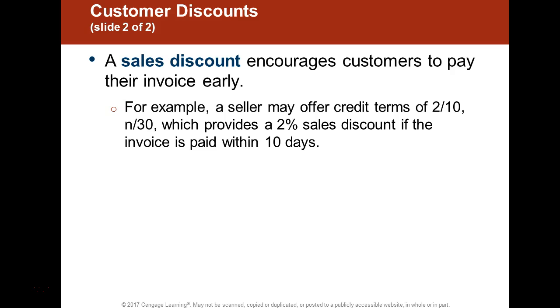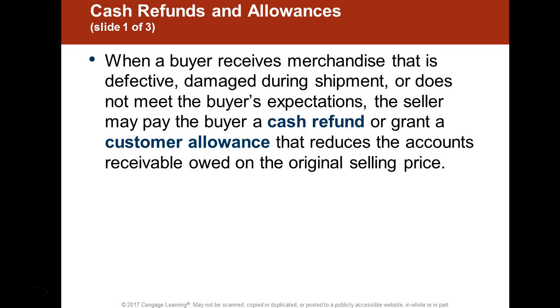And you will see that difference on your financial statements, which is one of the many differences between a merchandising firm and a service firm. Sales discount is normally shown as a contra revenue account. So there are going to be some little things that you'll see that are a little different, a little added information on your income statement. Cash refunds and allowances, and again, some organizations sometimes net these differences into the line item called sales. But if it's material, you are required to show a delineated amount of the cash refunds or returns and allowances as a separate line on your financial statements under your revenue.